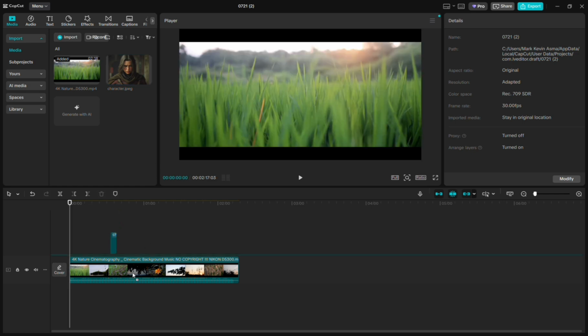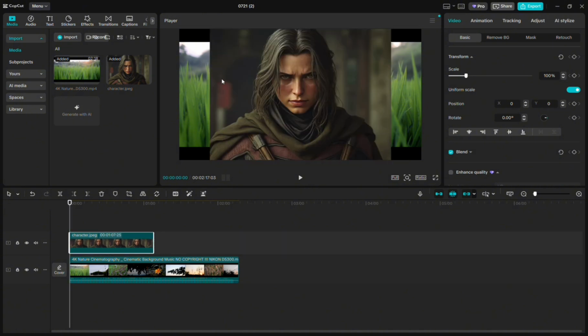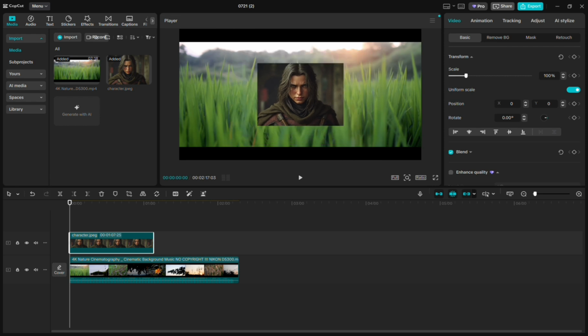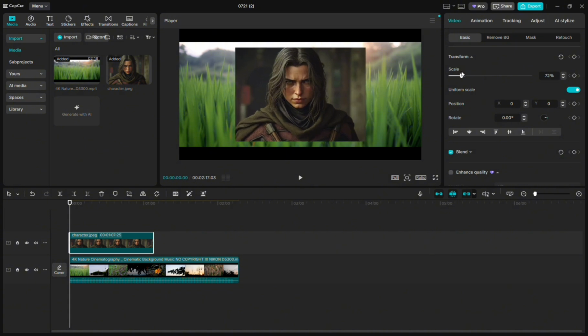And once done, you can simply drag it on the top of your video, for example. So it is currently added, or which we already have additional media in here with your images. So you could also start changing the sizes of it and also arranging the scale on the right side panel